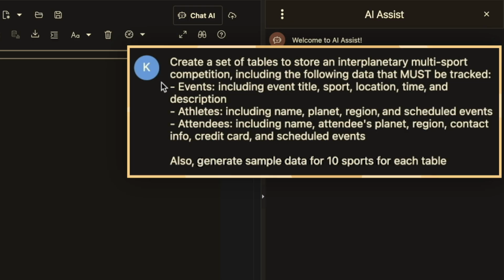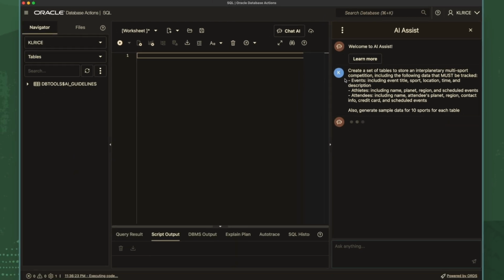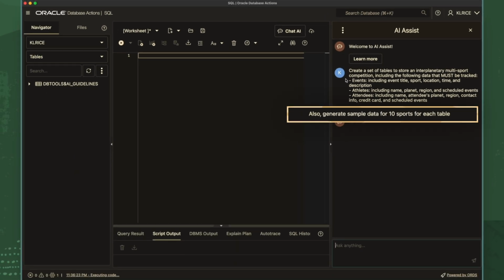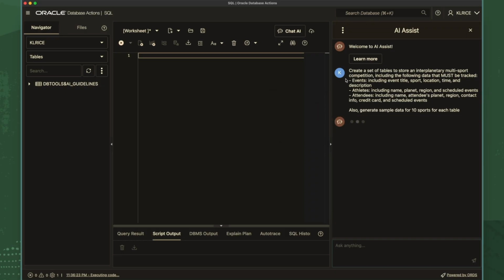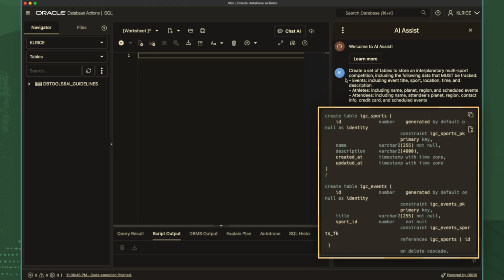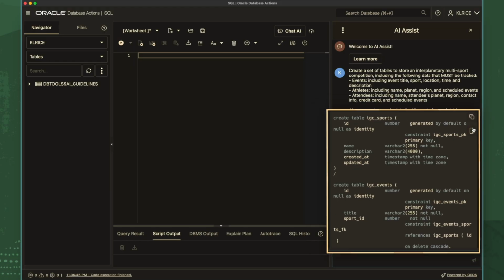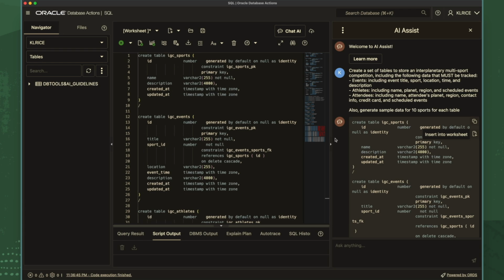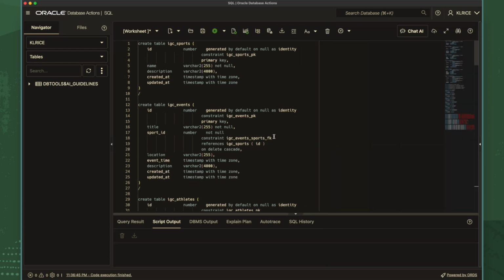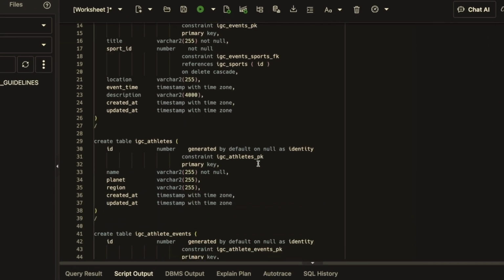I want to include our athletes' data, including their names, their home planets, and I want the attendees along with the events they're attending, their credit cards, and scheduled events. I'll also ask for at least 10 rows of sample data for this same schema. For this request, I'm including guidelines on how to format our SQL and what I want our primary keys to look like. Next, I'll bring this script over to our worksheet, where I can review the SQL that came back,